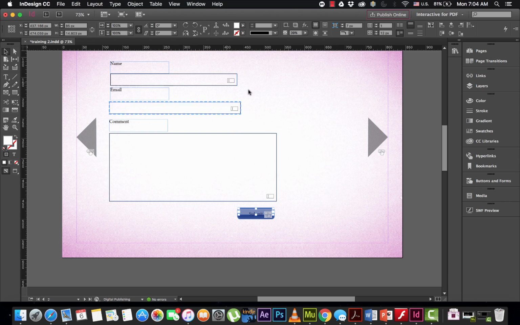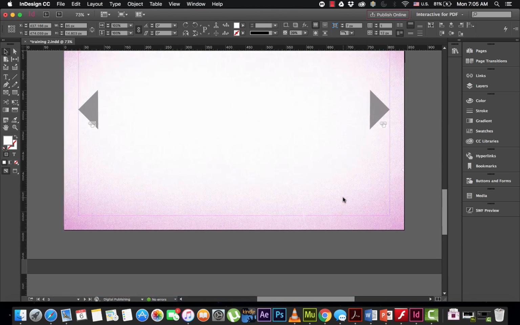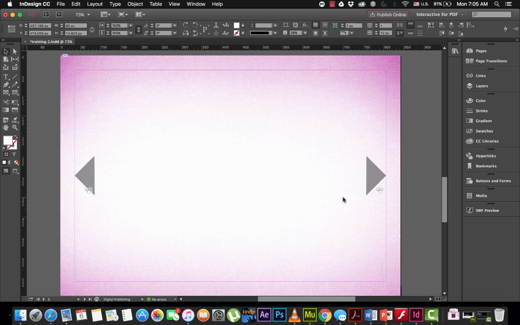And by that we are done creating the form. Then we can go to the next page and add more features.